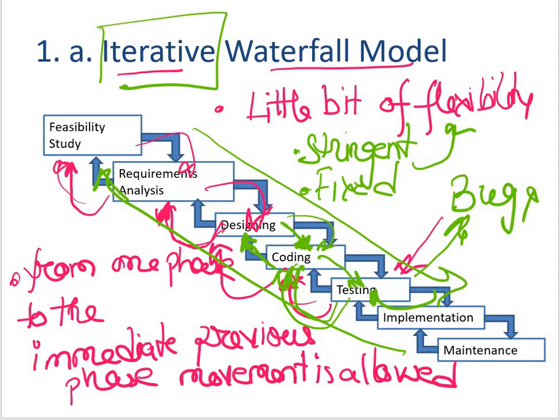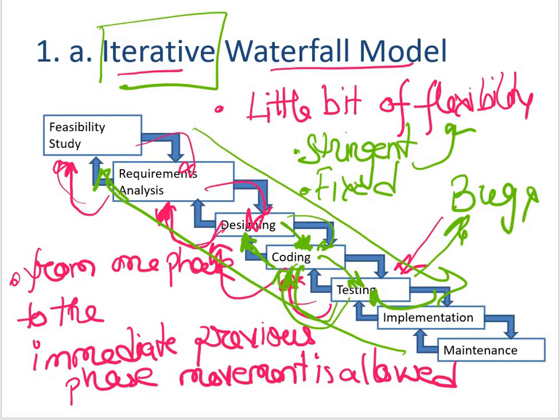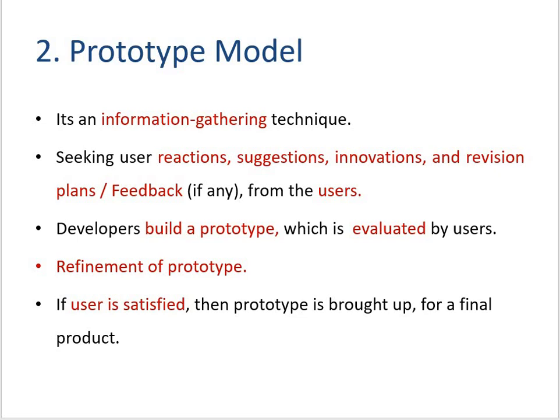So this was all about the waterfall model, and a slight modification to it resulting in the iterative waterfall model. In our next video, we'll talk about the prototype model, where a prototype is available, and based on it I take feedback from the end user. Then based on that I take a call on the final product, or I may need to reiterate in order to come up with a different kind of prototype. So we'll talk about the prototype model in our next video.